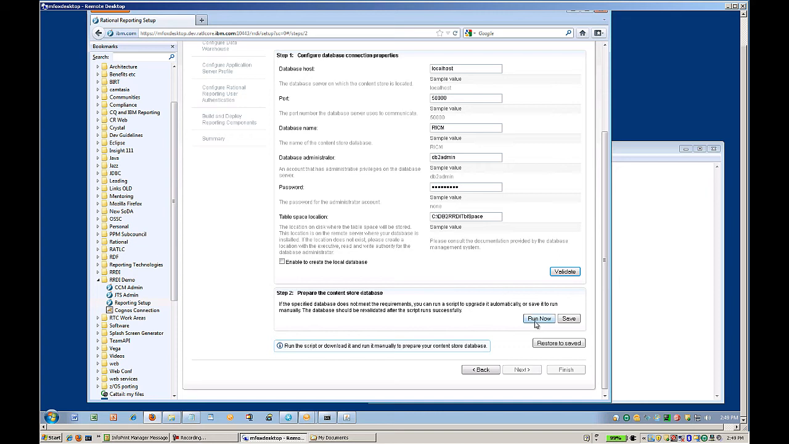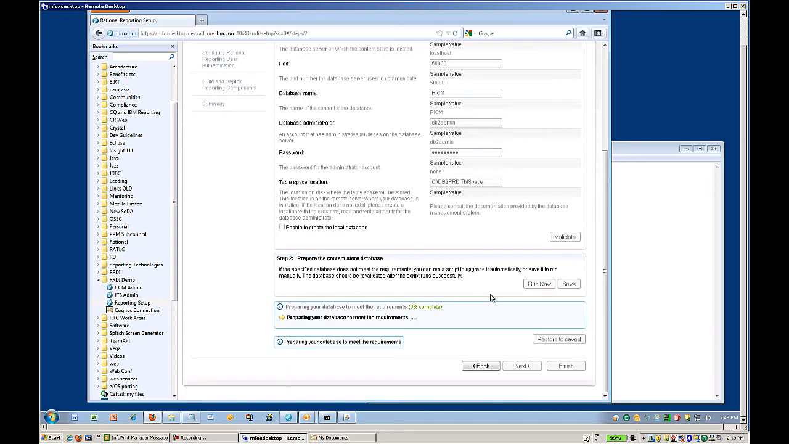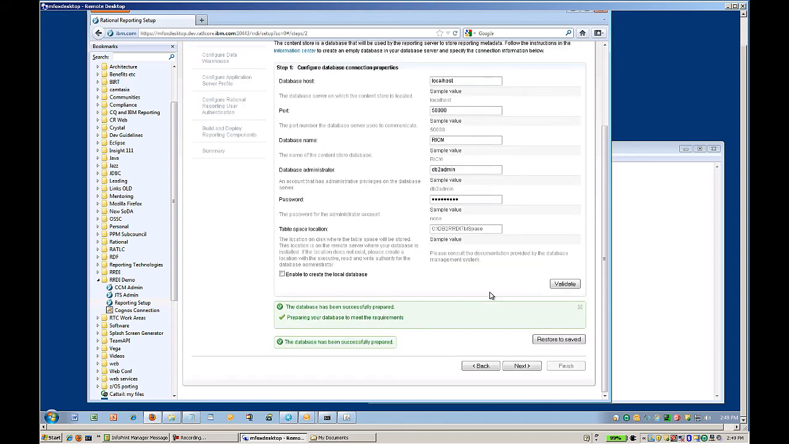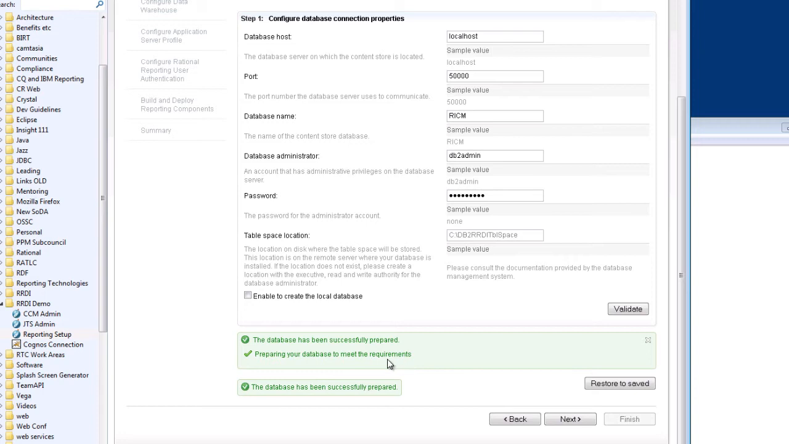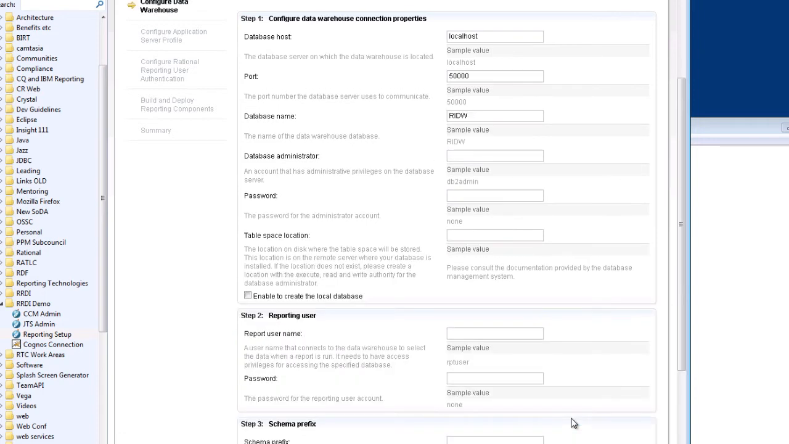So you can either run those now if you want to, have setup do it for you, or if you'd prefer, you can have setup save the scripts to a directory, so that way you can look at them and verify what it is they're going to do. But we'll just go ahead and run them. And this will take a little bit. Actually, no, it doesn't. It's completed already, so database is successfully prepared,